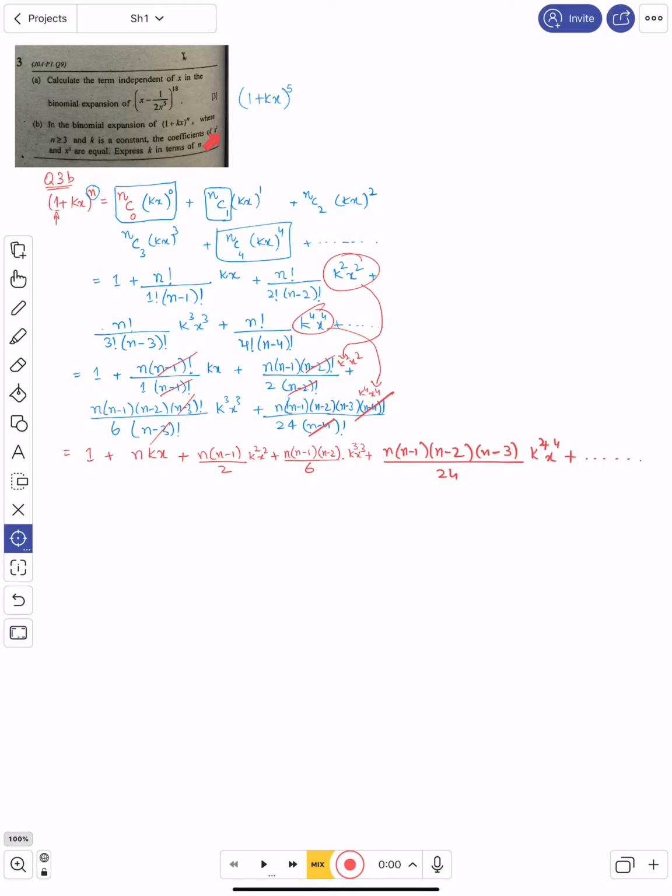The coefficients of x square and x cube are equal. Where are the coefficients of x square and x cube? The coefficient of x square is this all, and the coefficient of x cube is this all. So if they are equal, express k in terms of n. So we do this and apply this condition, and coefficient of x square is equals to coefficient of